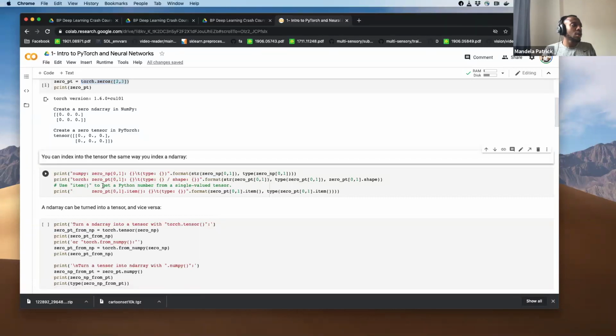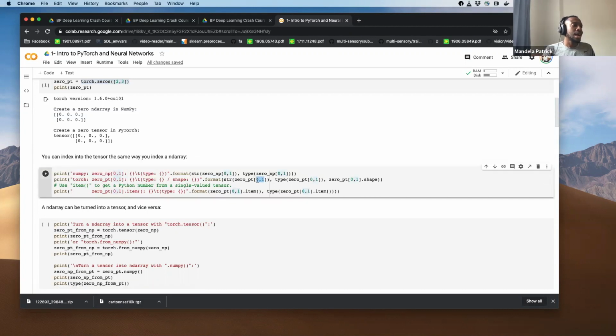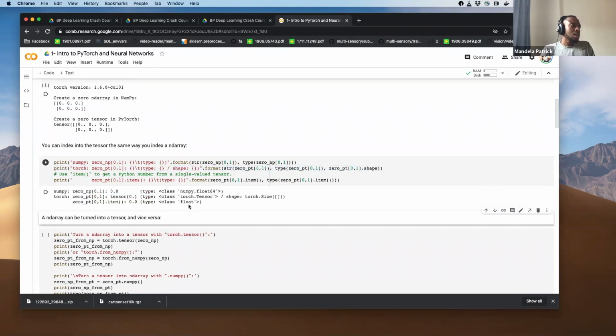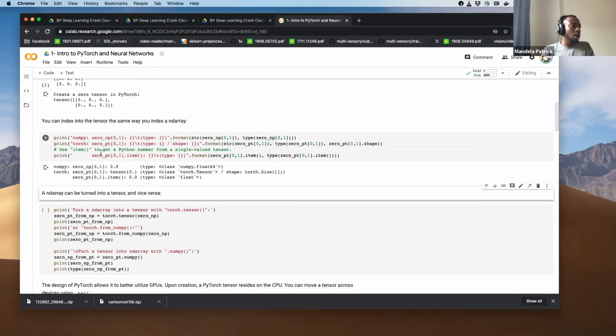You can access specific values within that tensor by indexing, which specifies which row and then which column you want to get the value from. So 0, 1 means a 0, and everything starts with 0. Everything is 0 indexed. While in normal math we start with 1, in computer programming we start with 0.